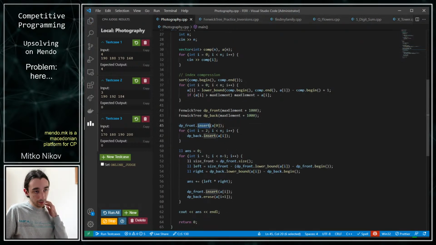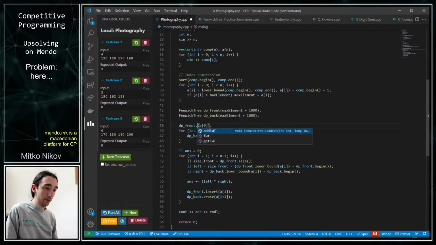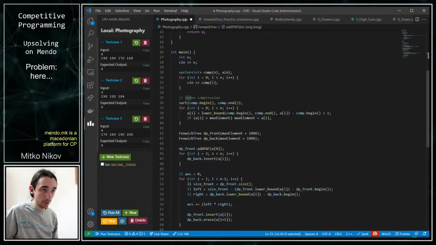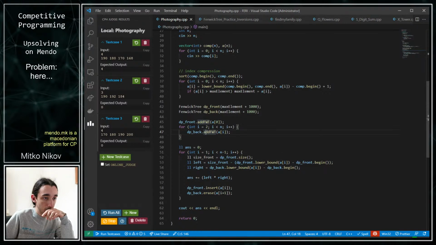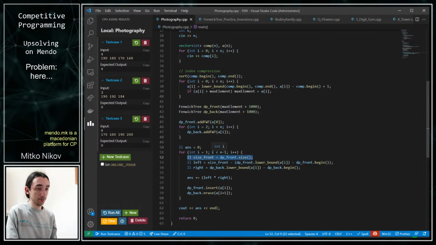And now in the DP front, it's not actually insertion into the Fanfic tree, but we're gonna add to the Fanfic tree in this position value 1 and this position value 1. And what we are going to do is we just want to get from the Fanfic tree. So size front is not actually the front.size anymore, but we are going to keep track of like